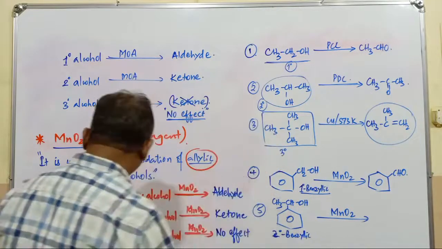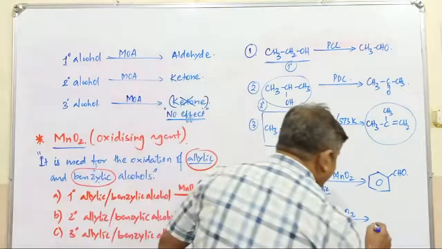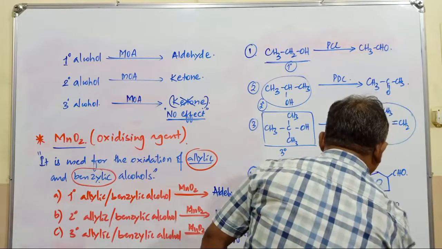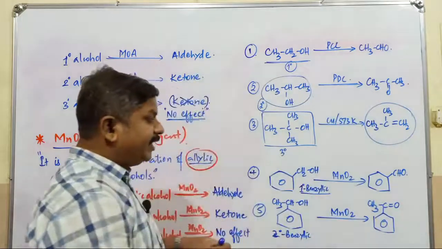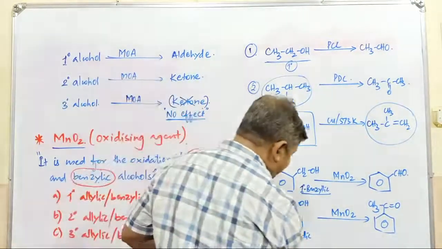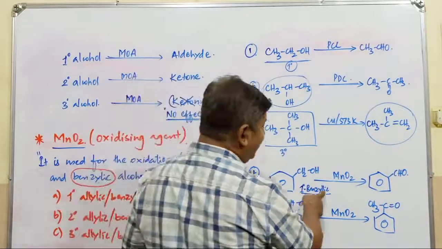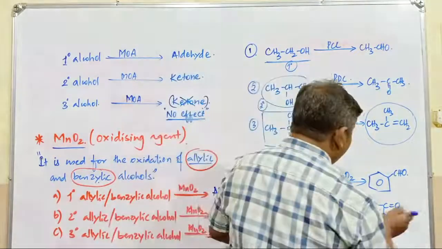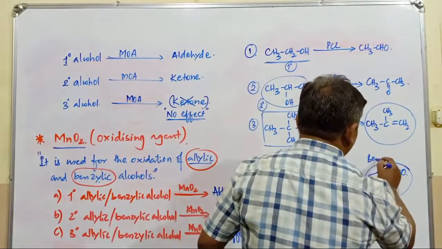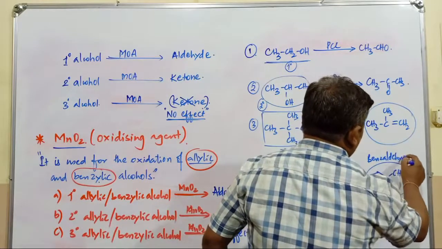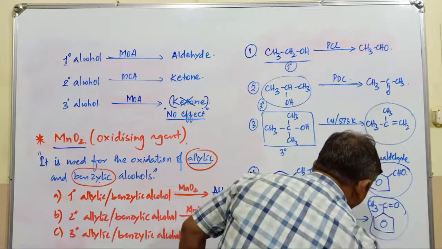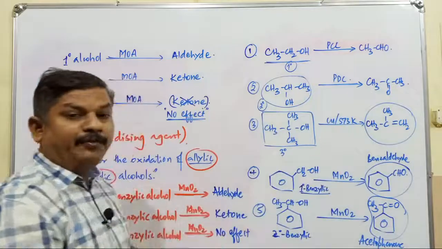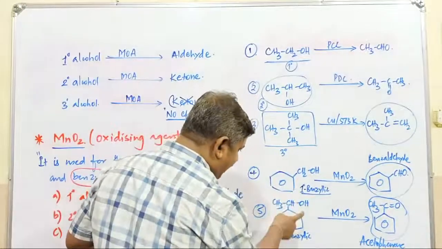Secondary benzylic alcohols get converted into what? Ketone. What's the compound? This is C double bond O, and this is CH3. So that is a ketone obtained by oxidation of this alcohol. It is a secondary benzylic. Primary benzylic gives aldehyde, secondary benzylic gives what? Acetophenone. What's the name of this aldehyde? Benzaldehyde. What's the name of this ketone? This is acetophenone. The IUPAC name is phenyl ethanol. It is primary, it is found to be secondary.